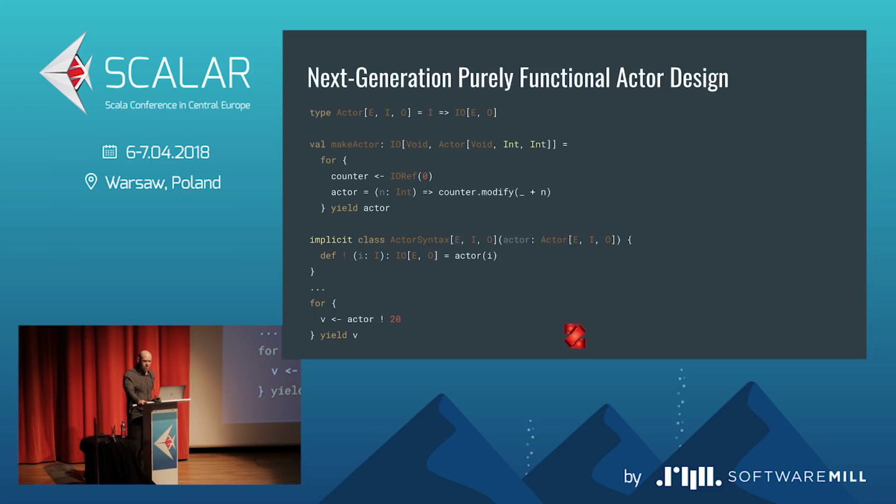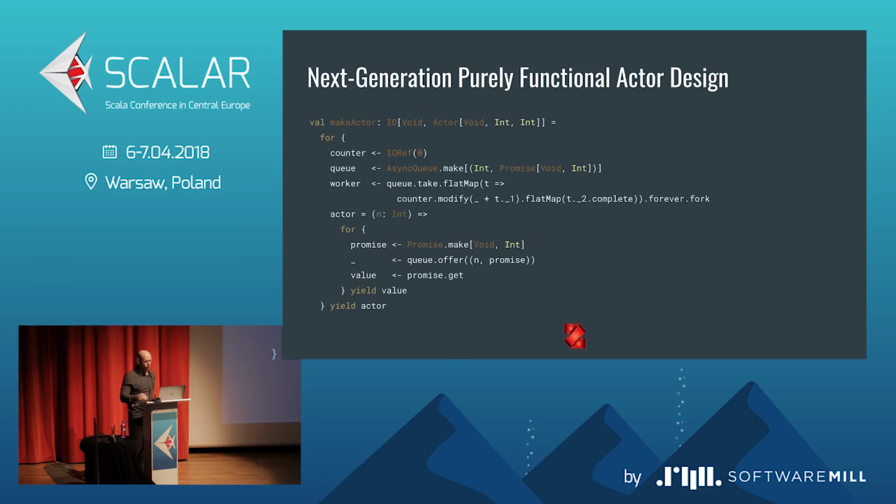And this approach, as simple as it is, works amazingly well for any type of concurrent state problem in which there's relatively low contention. For extremely high contention, the more queue-based system that Akka actors use ends up being more performant. But we can still do that, actually. All we have to do is use something called an asynchronous queue that will be shipping with Scalaz 8. And in an async queue, the formulation of this actor becomes only slightly more complex.